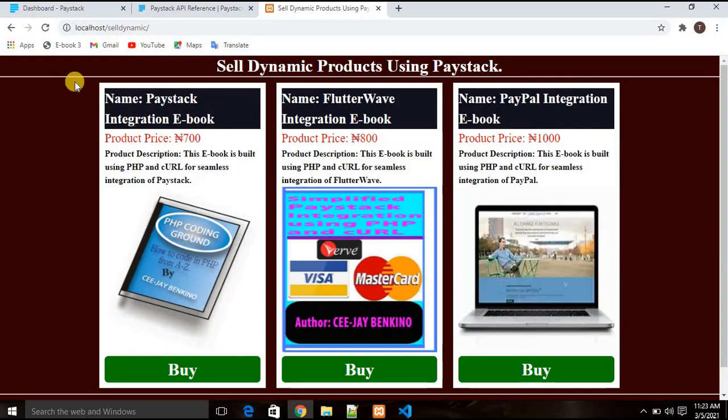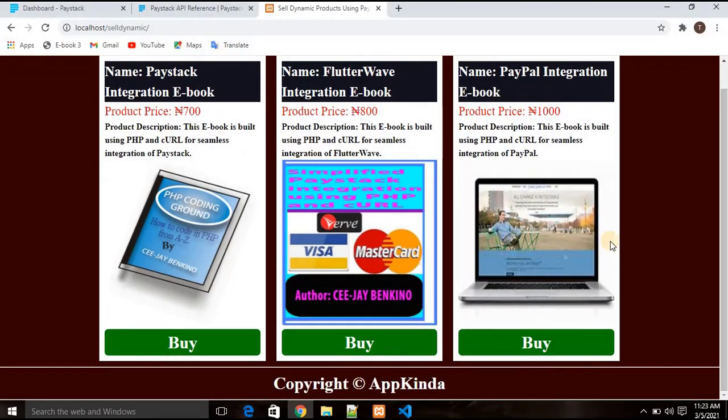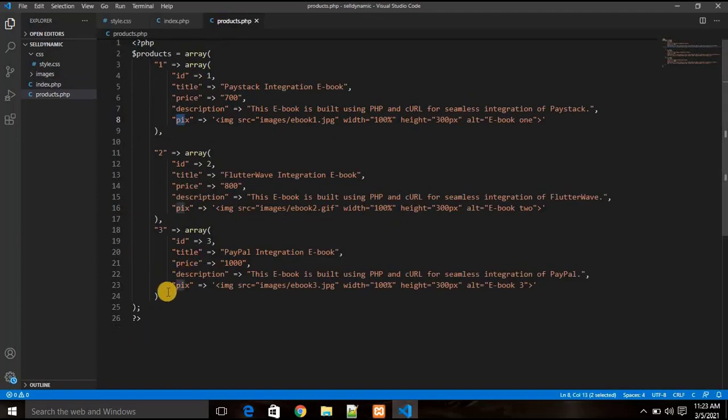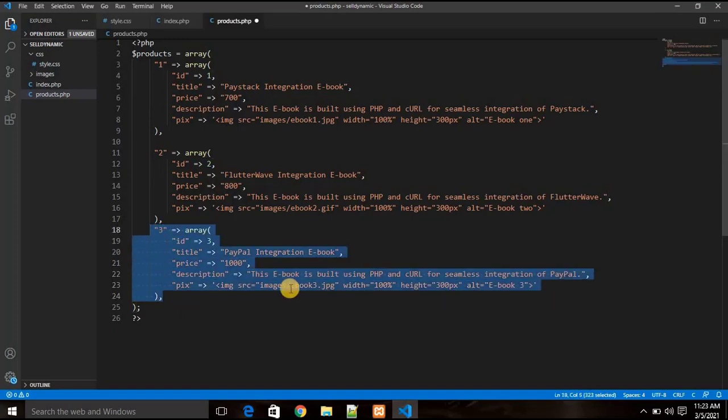And as you can see, everything came in dynamically. So this is the first product, this is the second one, this is the third one. And what we can do right now to be sure that this is really coming in from that page is to go back to the development environment, and if we go to the product.php, let's go ahead and copy. Let's introduce a comma here first, and let's copy this product, this third product, and if we paste that right here,